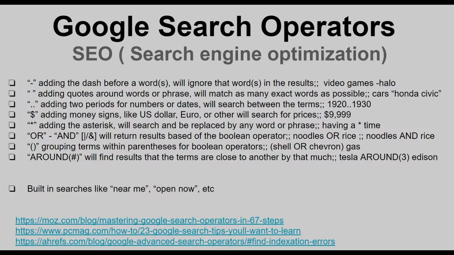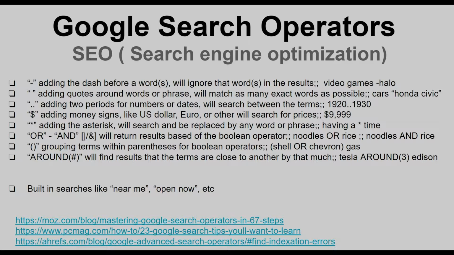Another thing is you can add two periods between numbers or dates, and this will return searches between those two numbers. Maybe you're looking up something history-wise, and it's only between 1920 and 1930, or maybe it's more general, and you want to refine it to only the decade of 1920 to 1930. You can do 1920 dot dot 1930, and it should hopefully refine your search